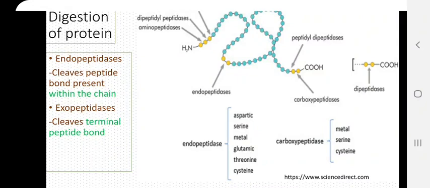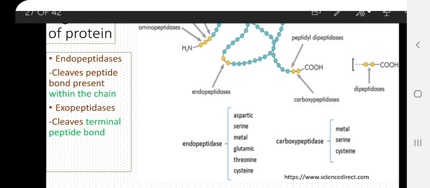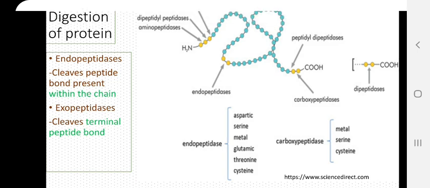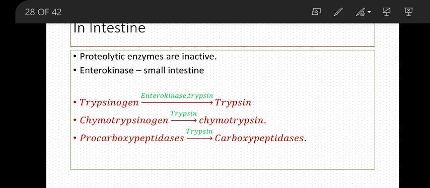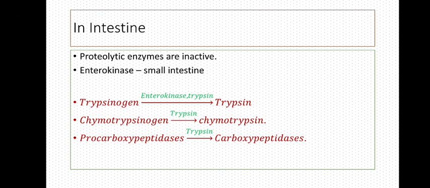Okay, now we have stopped somewhere here in our previous class where we discussed the endopeptidases and the exopeptidases. So today let us continue with that, and here we are going to see how the digestion of protein takes place in the intestine. Recall, we have said that there are different enzymes that are secreted by both the pancreas and the intestinal glands. Now trypsin, chymotrypsin, carboxypeptidases, dipeptidases, tripeptidases and aminopeptidases are different enzymes that are involved in digestion of protein